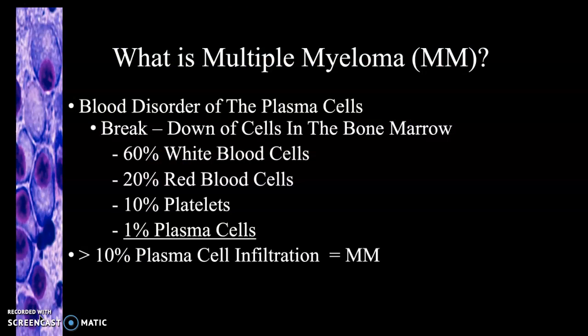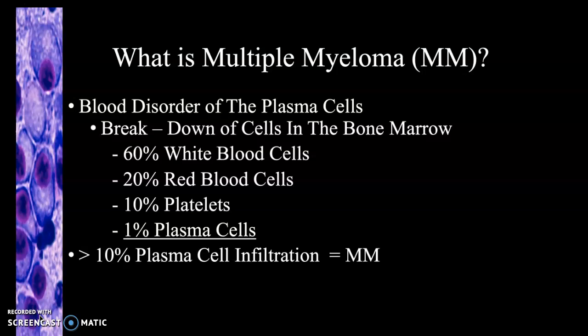MM is a cancer that arises in the bone marrow. This cancer comes from the plasma cells, and these cells make up the smallest component of the bone marrow. I'd like to talk about the four main cells that make up the bone marrow. It'll help to give a better understanding of why this cancer is so detrimental to the bone marrow and eventually the surrounding tissue. 60% of the cells in the bone marrow are white blood cells,